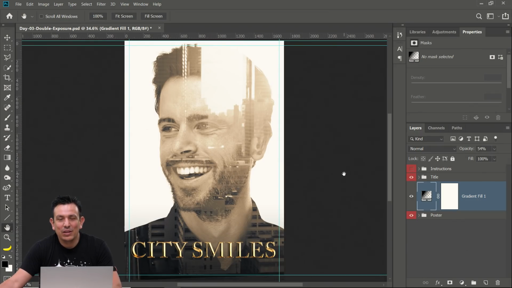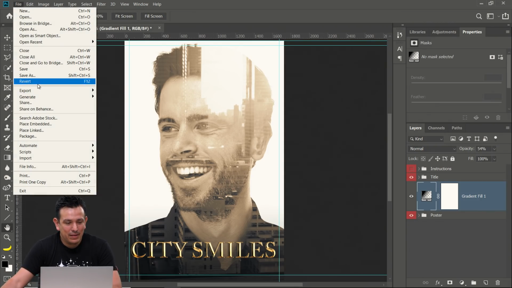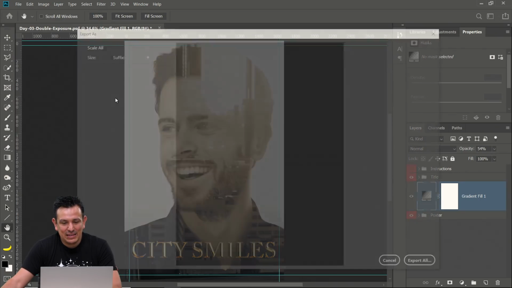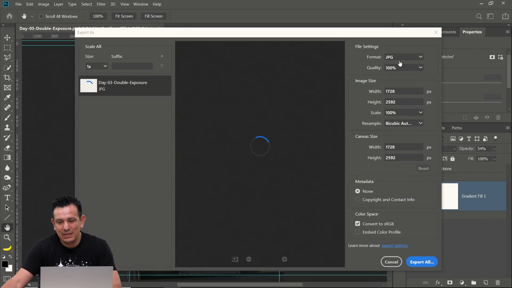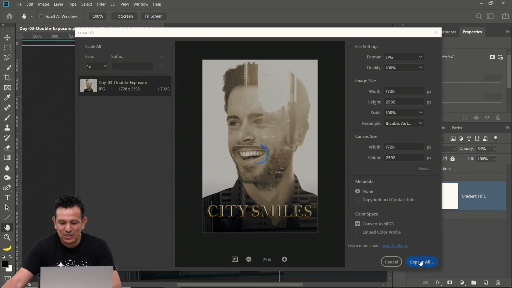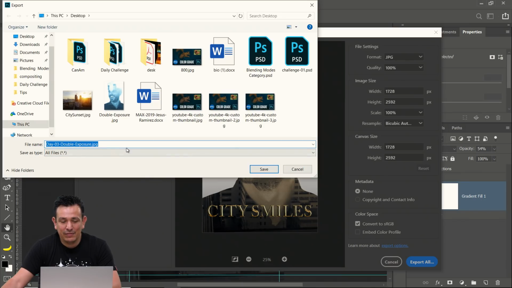And when you're done with your movie poster, you can export that onto your computer and then upload it into Behance or into the Discord channel. Let me show you how to do that. If you go into File, Export, you can click on Export As, and you can export the file as a PNG or a JPEG. A JPEG is fine in this case. Just click on Export, and then give it a name and save it